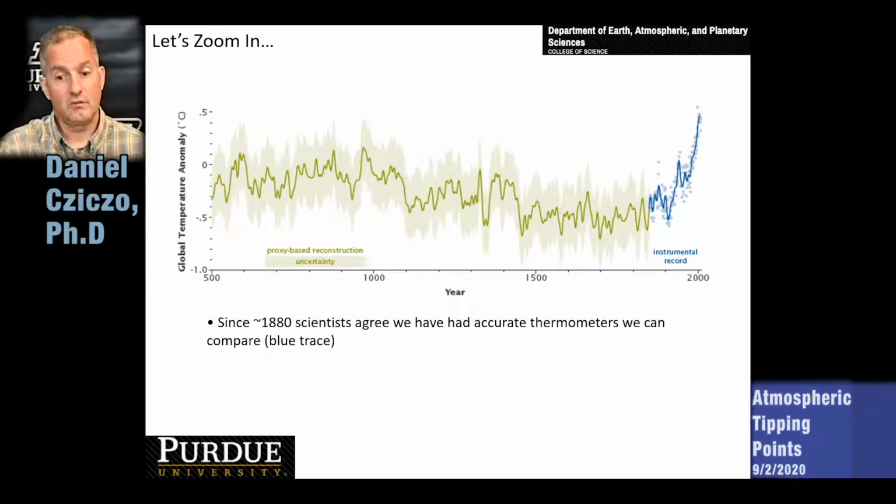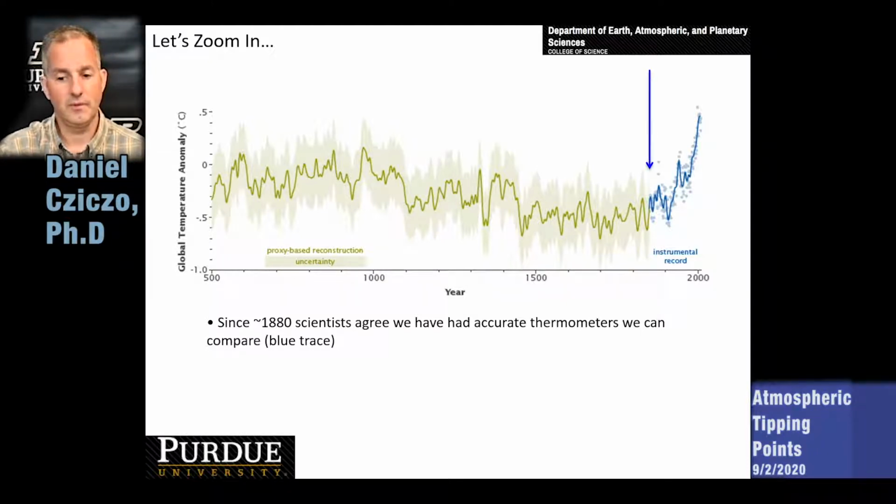You'll notice that there's two colors on here. There's sort of a light green color, and that has to do with these proxy records, these ice cores, tree rings, fossil records, that type of thing. And then there's a blue part of this plot. And the blue denotes the time period that scientists feel that we've had accurate thermometers. And that's only really been since the year 1880 or so. There's a few locations on the planet that had accurate temperatures before that, but it wasn't until the 1880s that we had a sufficient amount of high quality temperature records. In the United States, for example, the acknowledged oldest record of time is from Massachusetts and really dates only back to the late 1800s.